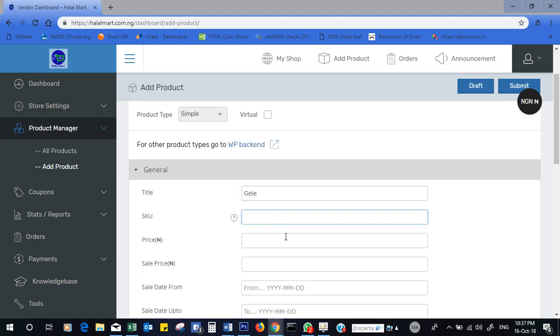Give an SKU number, which is necessary. SKU is to identify the particular product that you're displaying, so that when you have multiple products and a customer buys a particular product, you should be able to trace what product the person bought. And if you have that in stock, it helps you to keep stock of what you have in your store,